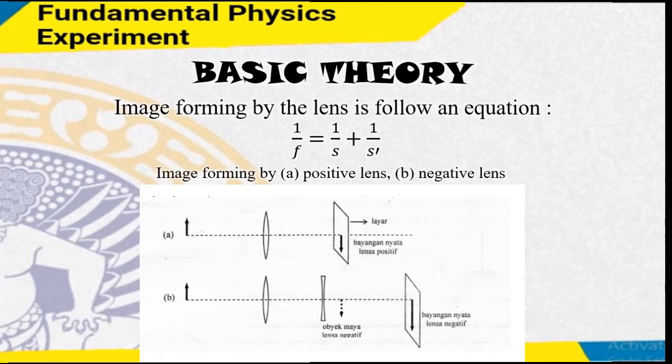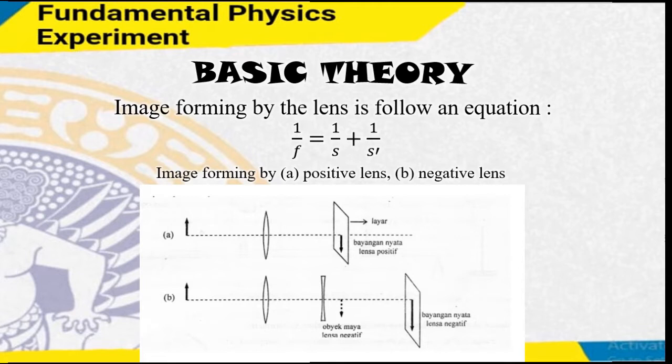Something important that you need to keep in mind is the focal length. For a converging lens, the focal length is positive, and for a diverging lens, the focal length is negative. Let's see the image of the convex lens, figure A. The horizontal line is the principal axis. The focal length is half of the radius of curvature of the lens.